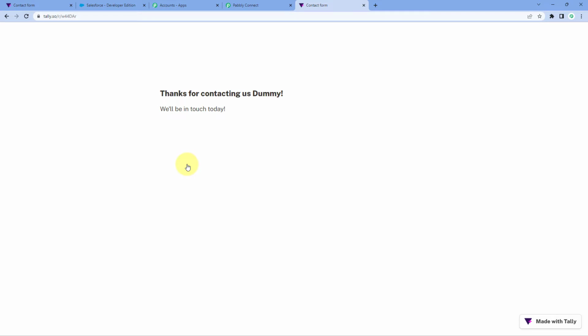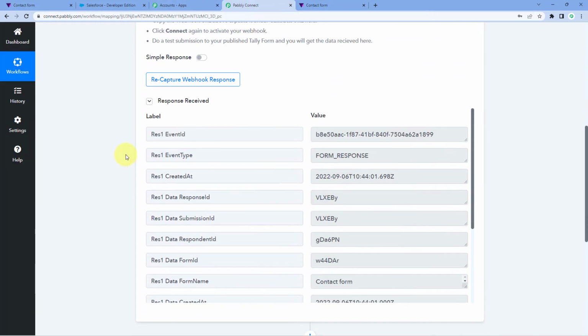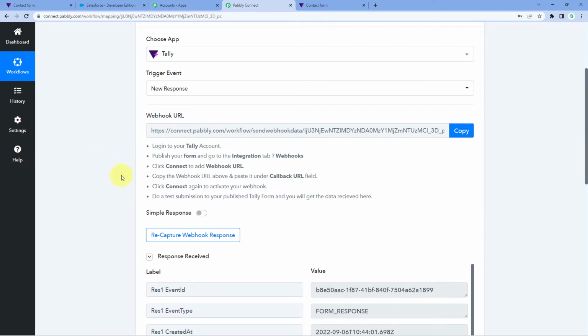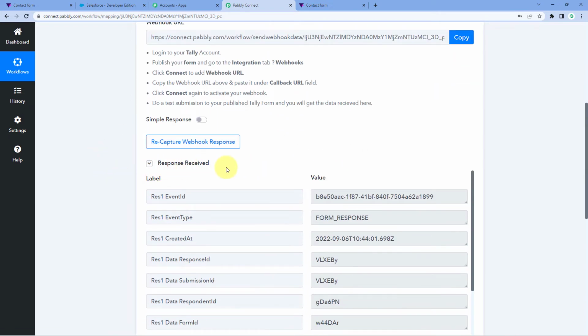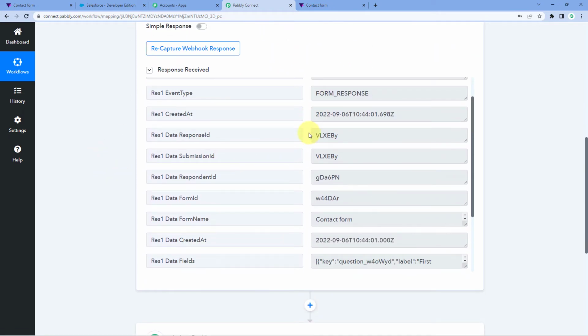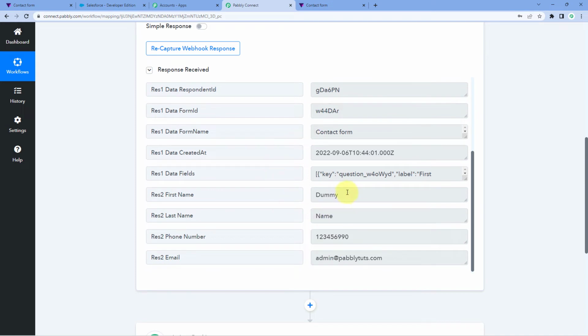We have successfully received a response in our form which we have created using Tally forms. And because we have connected this form with Pabbly Connect, the same form submission data will also be captured in the Pabbly Connect workflow. So here in our trigger window, we can see we have received some response. And when we scroll down to this response, we will see the same response of form submission which we have just now entered. The same name, the same mobile number and the same email